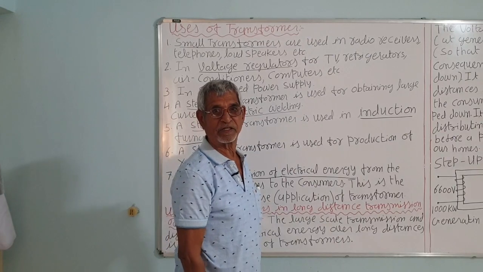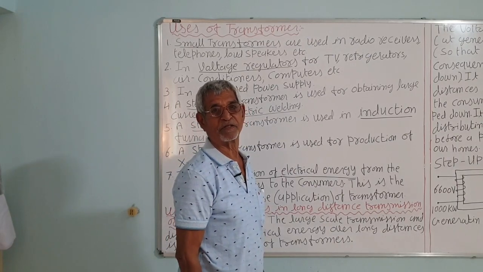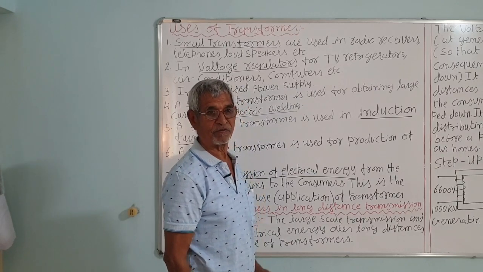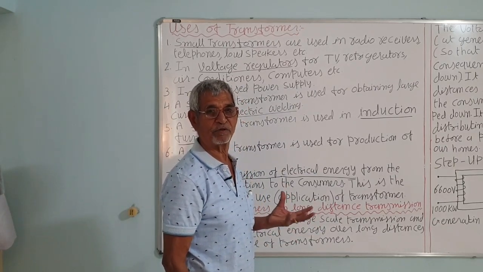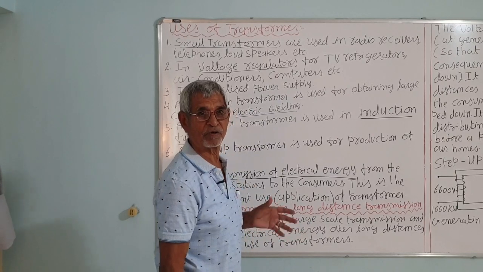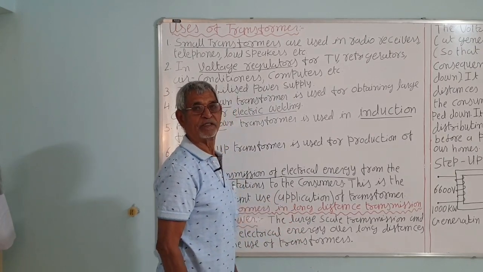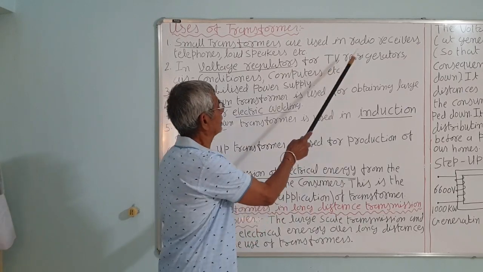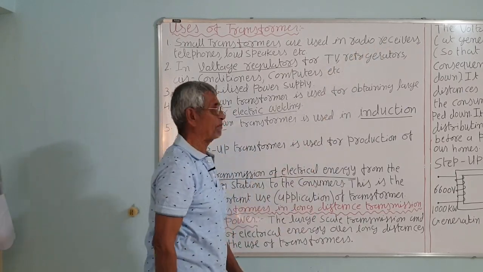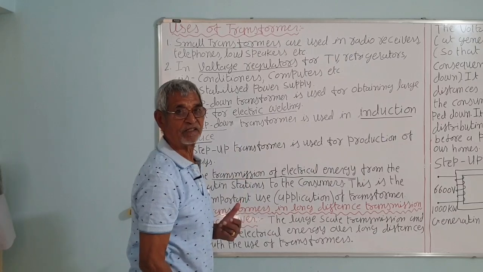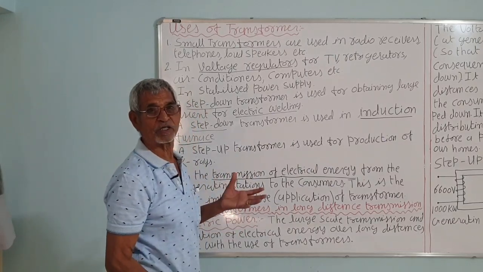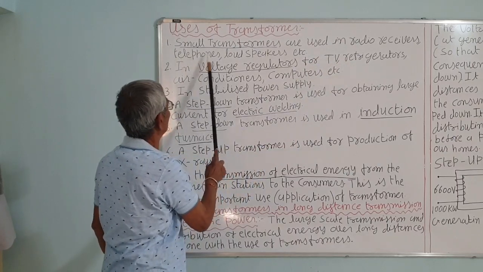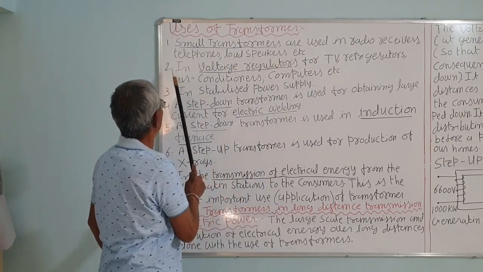The radio receiver is whatever radio we use. A radio transmitter is generally a radio station. Whatever radio we keep in our house, whether a pocket radio or the box type, of Philips or any other brand, is the receiver. It is a radio receiver because it receives the signal. We call it in short a radio. So it is used in radio receivers or radios, telephones, loudspeakers, etc.